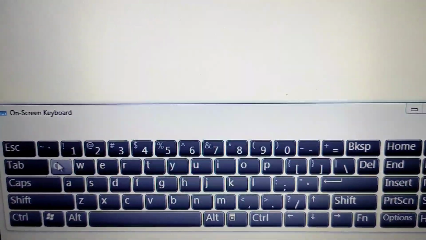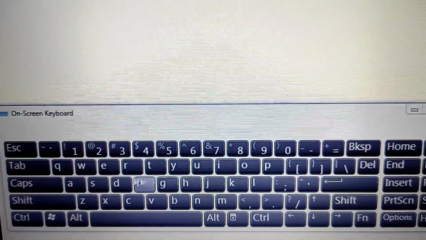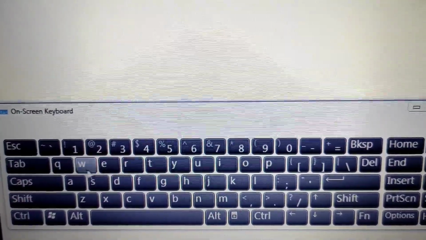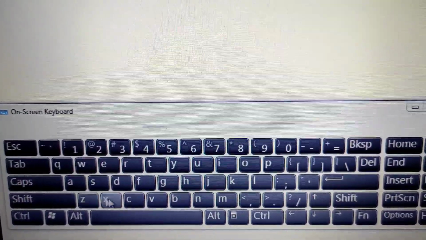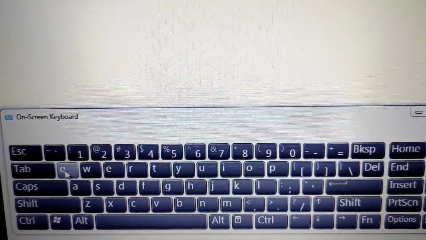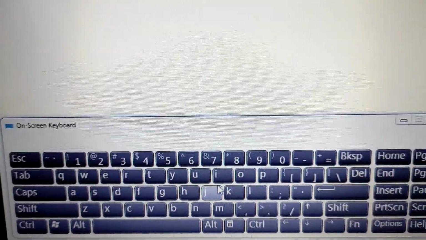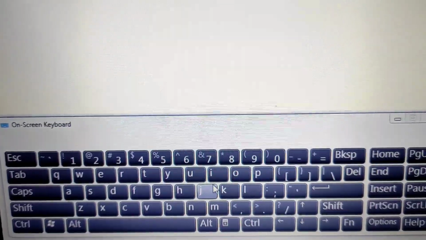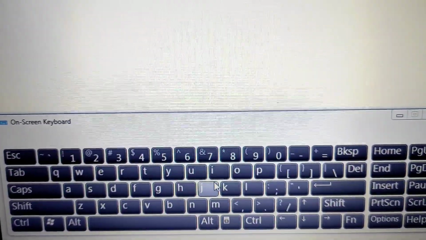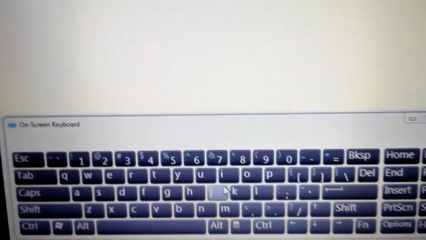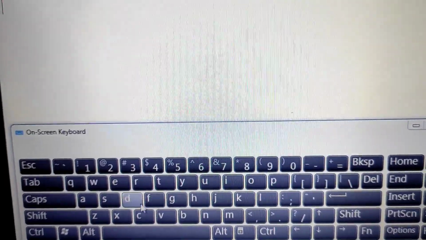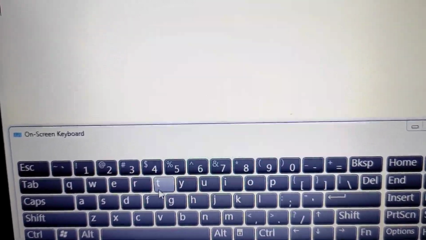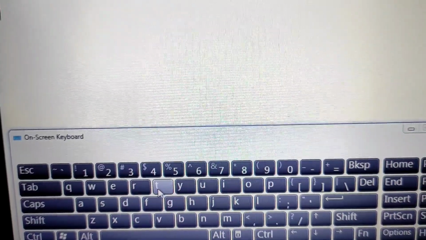You can see there are 3 rows of alphabet keys. This is row 1, this is row 2 and this is row 3. On the first row itself, you can see the word typewriter. And the word typewriter is one of the longest words. So now let's get started with the word typewriter.